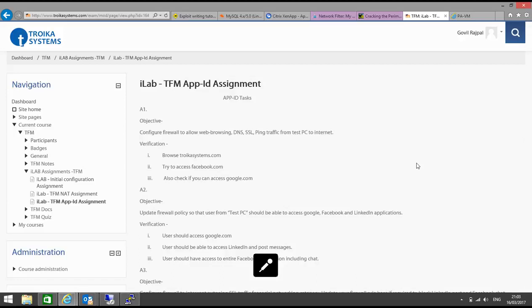Hello everyone. This video is the solution of the App-ID assignment. I'll replicate all the tasks in the assignment in the Troika iLab Palo Alto instance. Let me first go through the topology we have, and then we will start the configuration of application identification